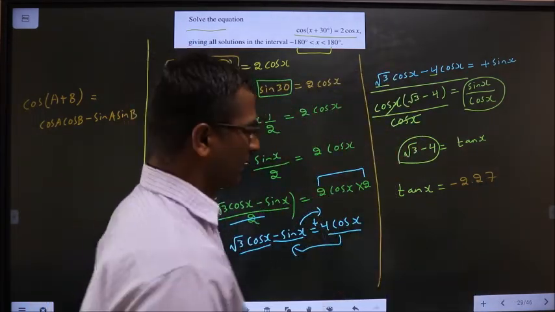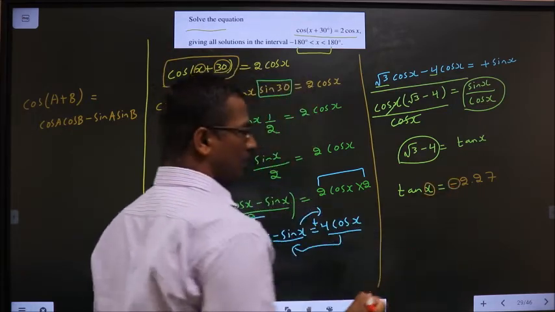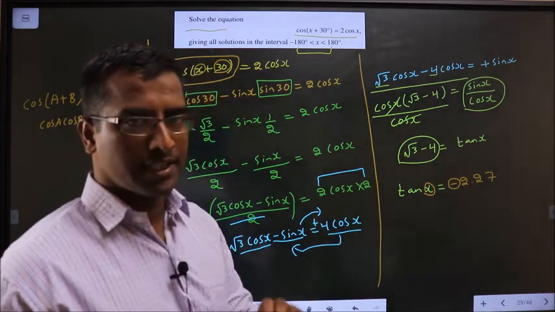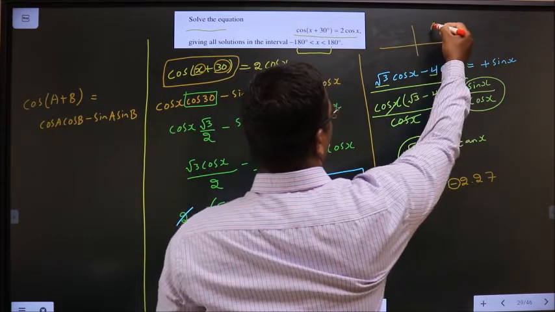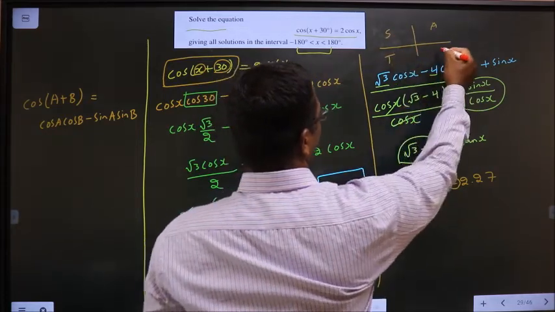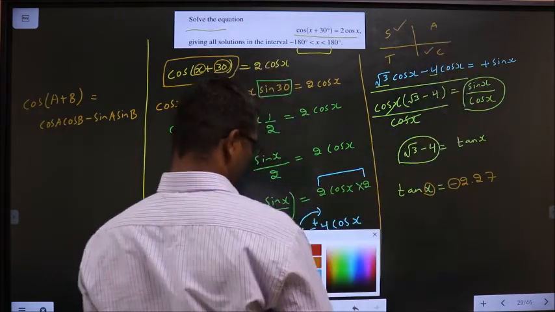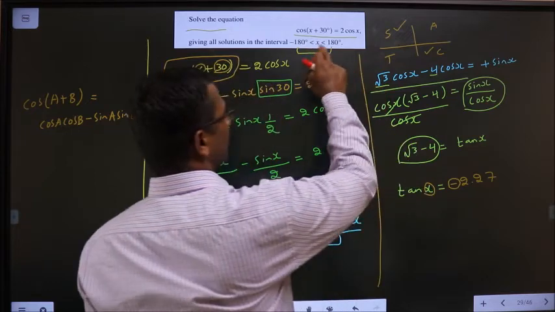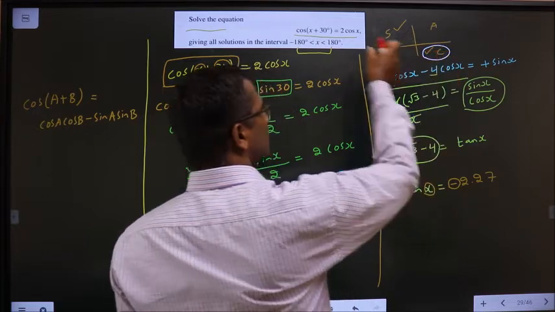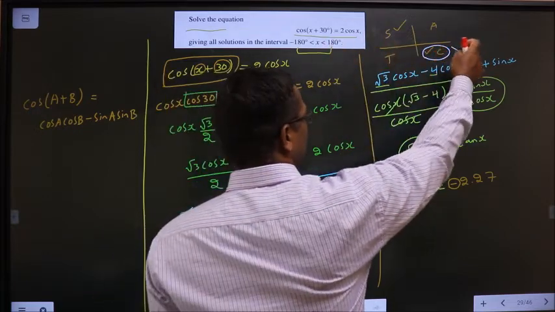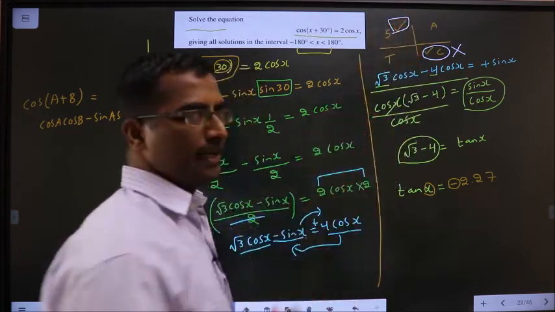Clear? Now, to get the values for x, here tan is negative. So now I should check in what all quadrants is tan negative. It is like this, all silver tea cups. So tan is negative over here and over here. More, he said from minus 180 to plus 180. So this angle does not come in this interval, so I don't need to find this particular angle. If I find this angle, that falls in the interval.